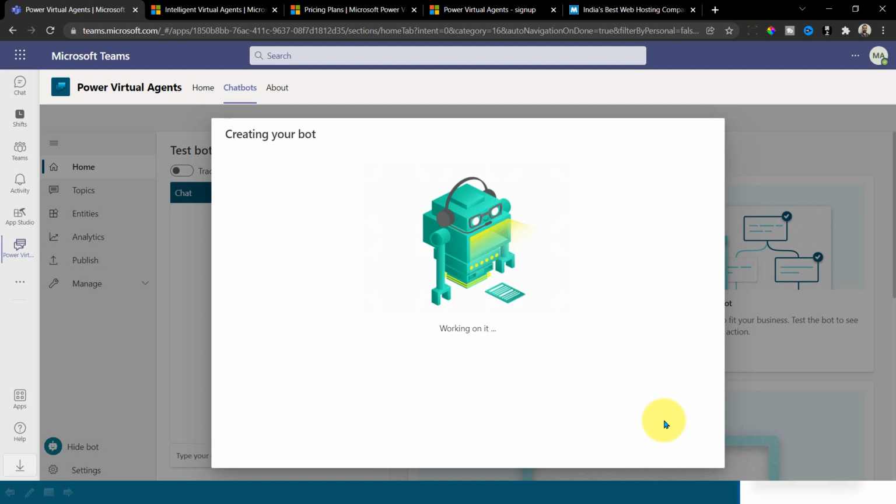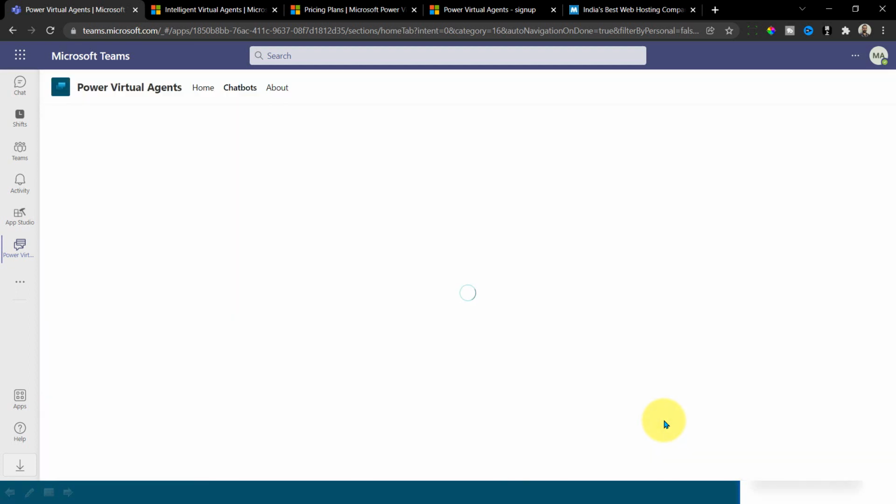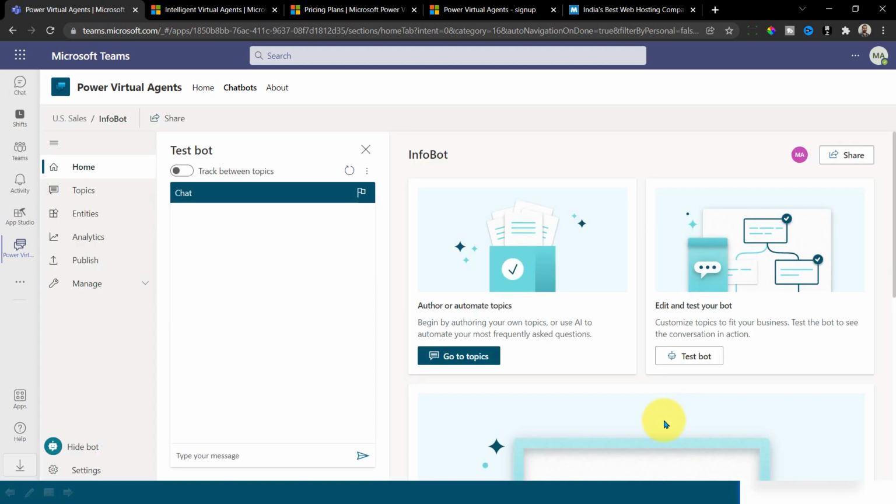Right now this will take some time. So I think now it's created this one for virtual agent and chatbot. And this is the home screen of how it will look. The one on the web will look almost similar. There is just a visual alignment change where you can create topics from the top itself, which is not here on the top menu. It is available only on the left side menu. That's a small difference between the web version and the inside Teams version, but almost everything is the same.